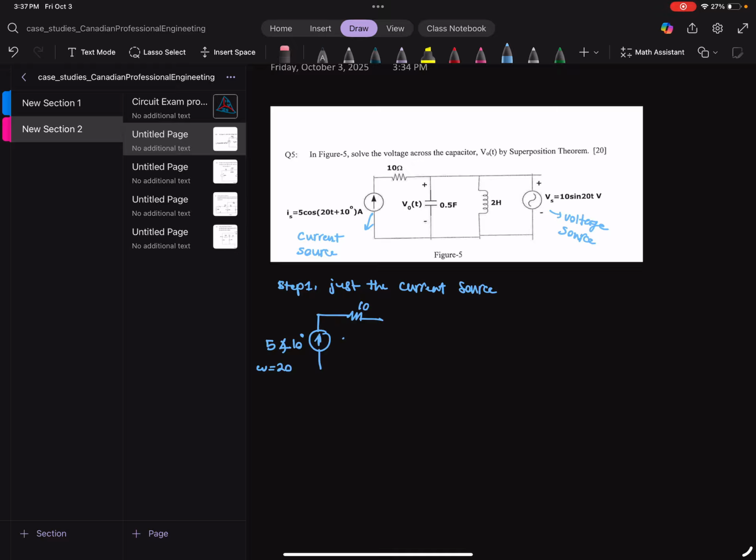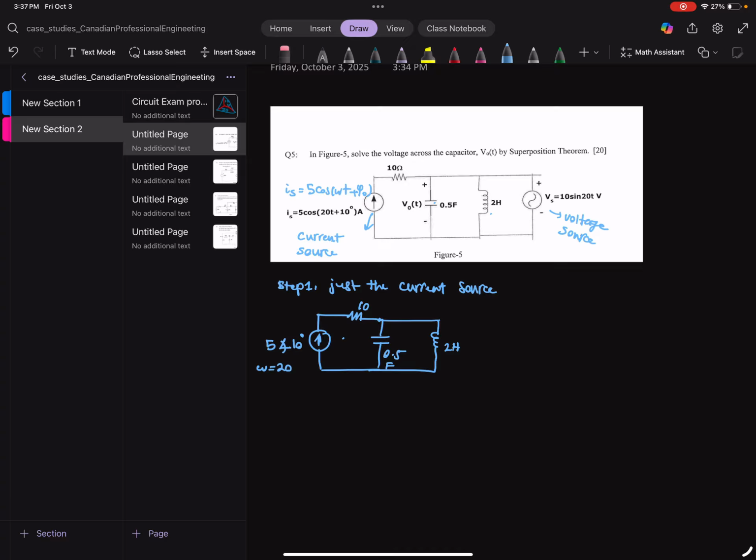This is all you get here, because we always assume that our sources are going to be 5 cosine omega t plus the phase, let's call it phi 0. And here omega is important to know. It's 20 because we are going to use it to find the phasors for the capacitor and the inductance. And this is 10 ohm. Then we have half a farad here, and then we have 2